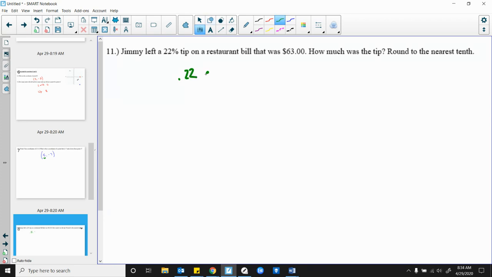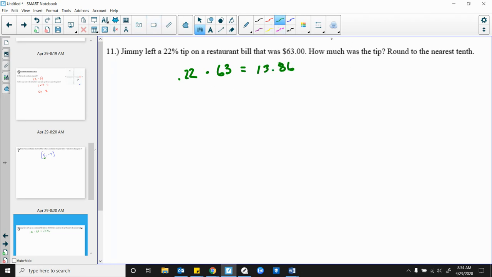Okay, so I take my 0.22 times my $63. All right, and when I do that in my calculator, I take 0.22 times 63, and I get